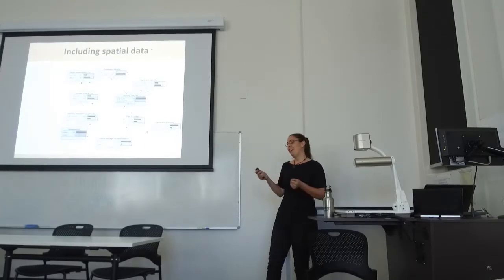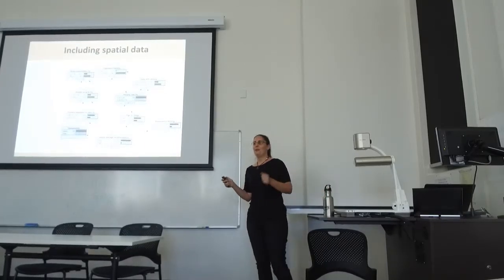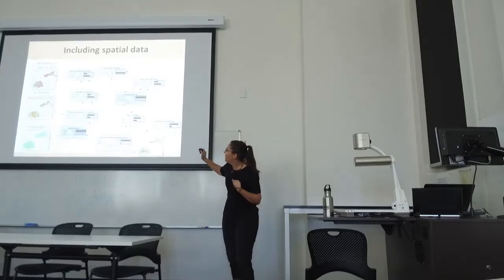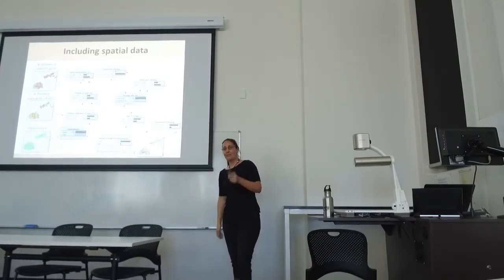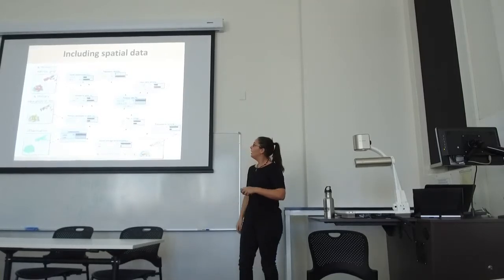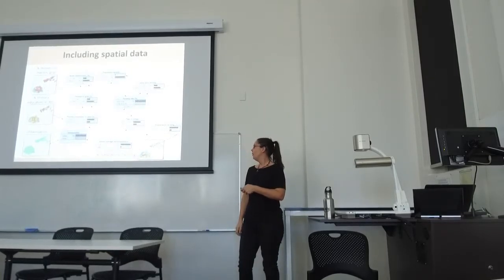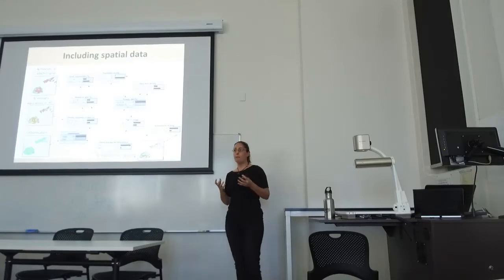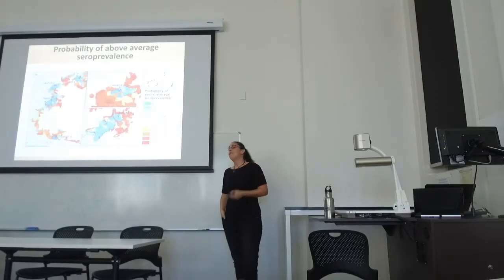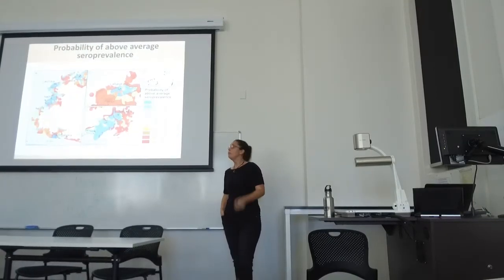This next bit is less about uncertainty and more about just being really cool and fun to do. So this is, Colleen touched on this briefly, the spatial data that we integrated. We had our 4 most influential variables and a spatial layer for them, the map of Fiji, and we were able to feed those into the Bayesian network, and from that we were able to generate a risk map.